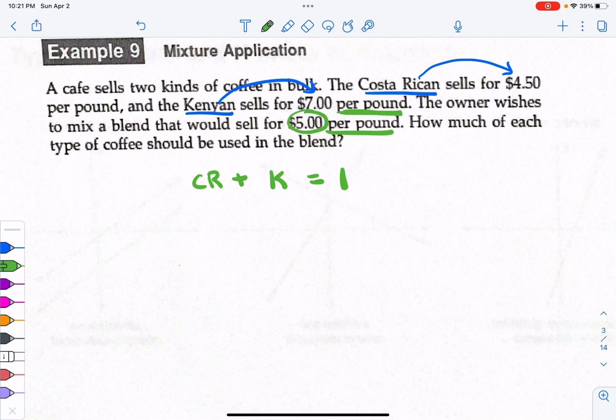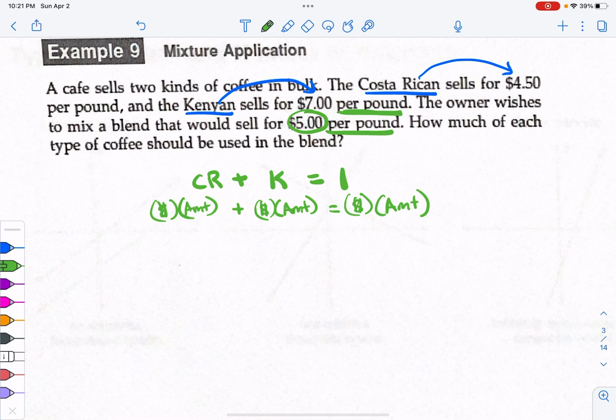Then our second equation is going to have to do with the price. I'm going to use a $ sign times the amount plus a $ sign times the amount is going to give me a $ sign times the amount. Okay, so here's the deal. I want to eventually end up with $5 per pound where the amount is 1 pound, right? The Costa Rican is my, let's see, okay,